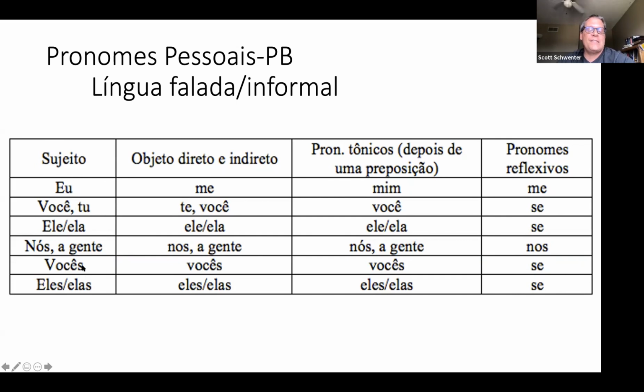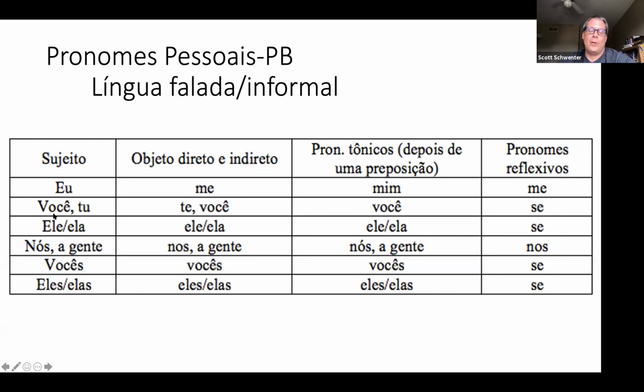Você and vocês, right? Those might remind you of, on the one hand, vos. And on the other hand, they might remind you of usted and ustedes, right? And it actually has a very similar source to usted and ustedes. So você comes from vossa mercê, just like usted originally comes from vuestra merced in Spanish. Those two words fused together and gave us usted, and vossa mercê in Portuguese fused together and became você.